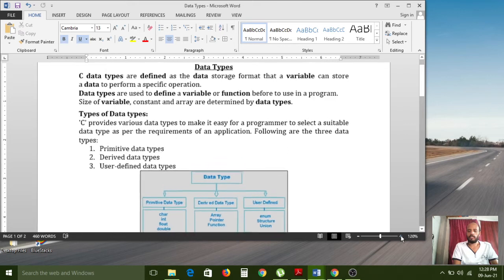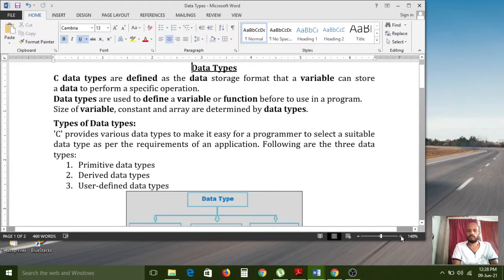Now I am zooming so that it is visible for you. Today's concept is data types.